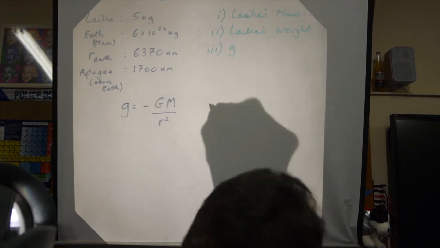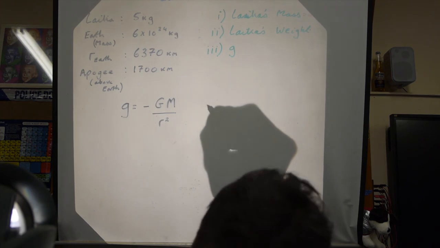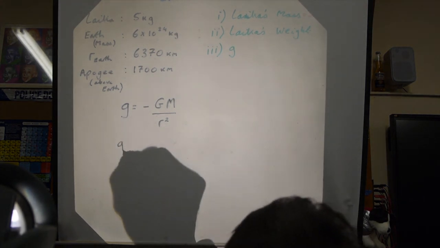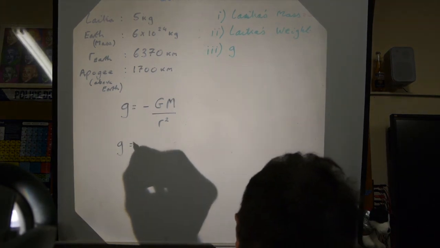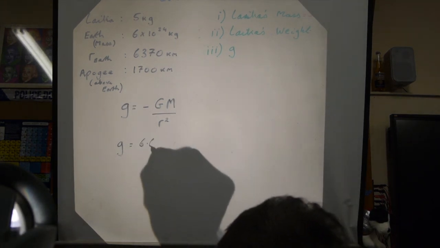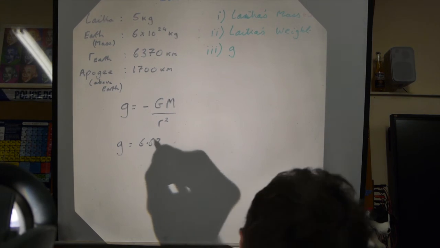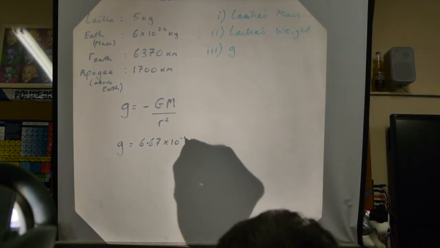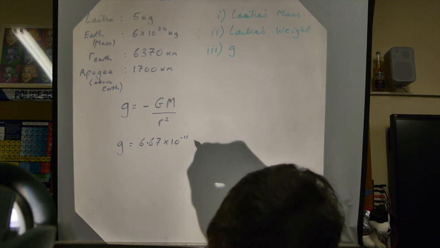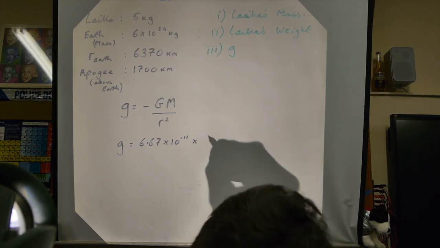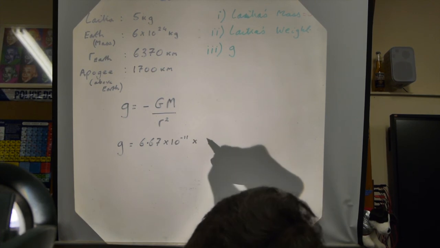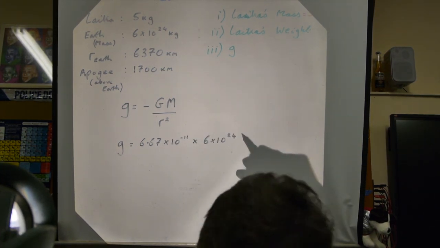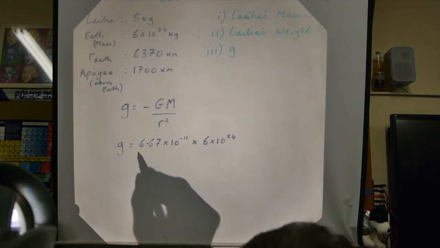So g is big G, 6.67 times 10 to the minus 11, times the mass of the Earth in kilograms, 6 times 10 to the 24, all divided by